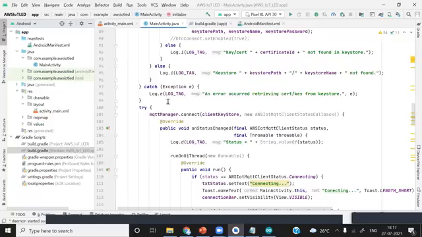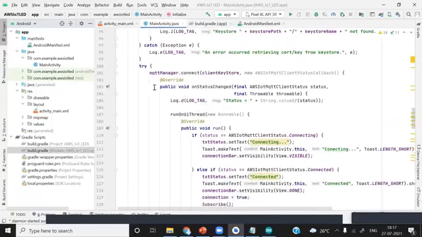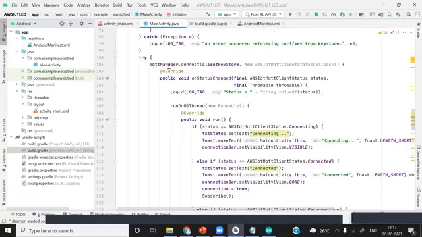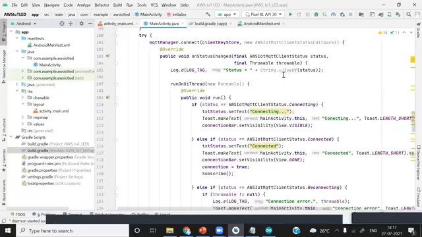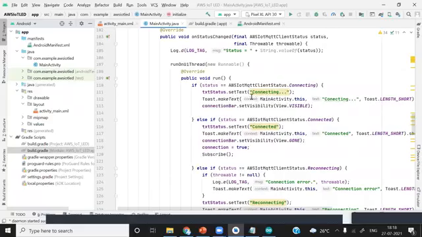And after that, if everything is correct, what we are doing, we are connecting with the AWS IoT. Okay, if you have the correct key store file at the preferred location at the path, we are trying to connect with AWS IoT with the client key store. And then as soon as start, you can see we have taken the status. Okay, it is connecting. It had started connecting because we found the key store. Now we try to connect. So it shows connecting. So same thing we are doing, connecting bar and set visibility to view.